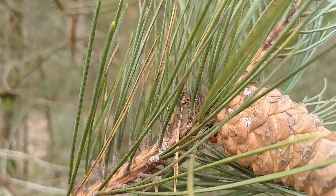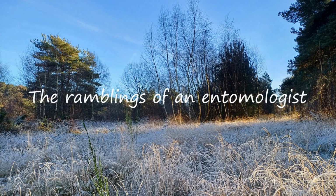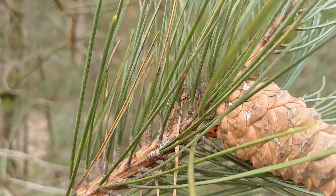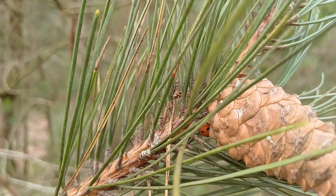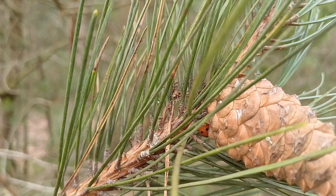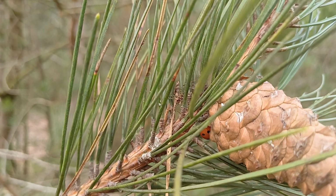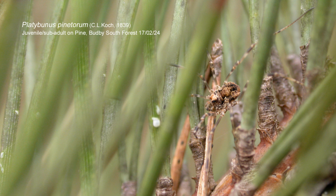You can't see me, which is perhaps a good thing, but I'm smiling with delight. One of those unexpected finds, although the species that you're looking at, tucked in the pine needles here, is found several hundred yards or meters away from where I'm stood, and several hundred meters away in two directions, but it's the thing that's moving that we're looking at, and that it's now tucking itself down, because this is Platybunus pinetorum,